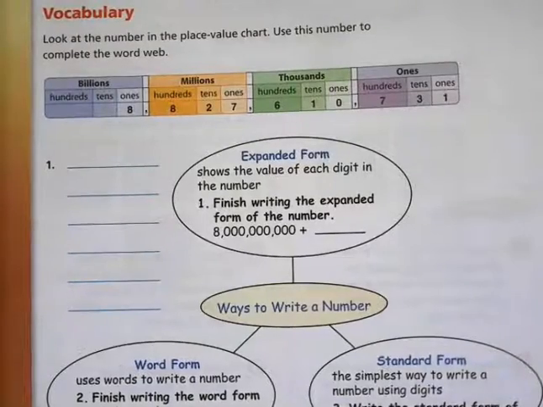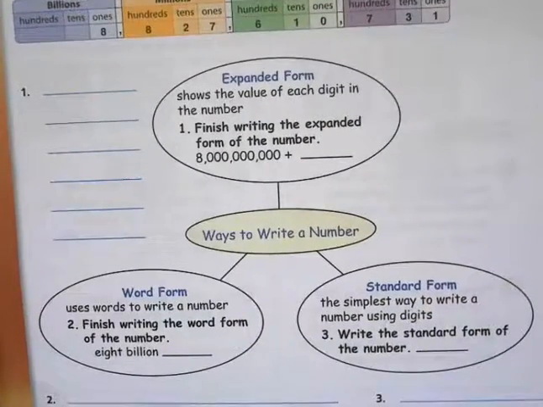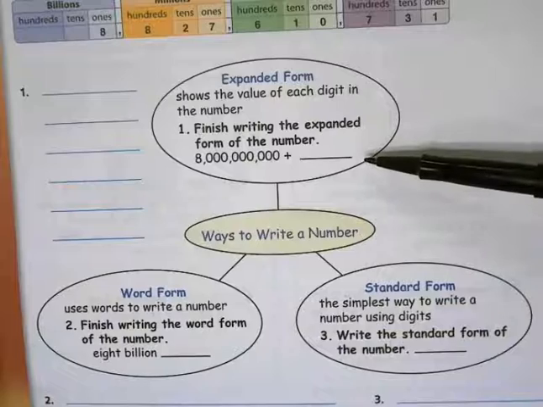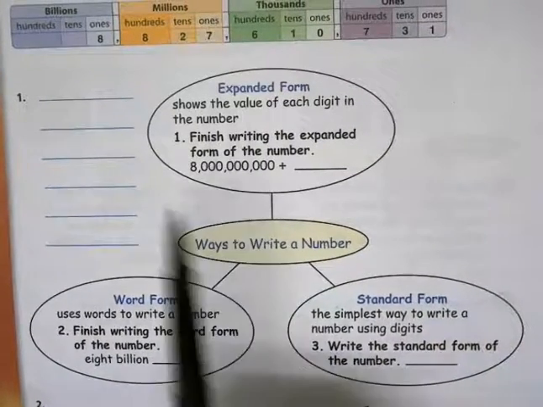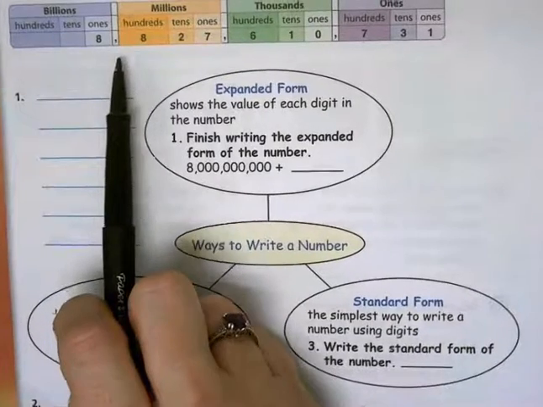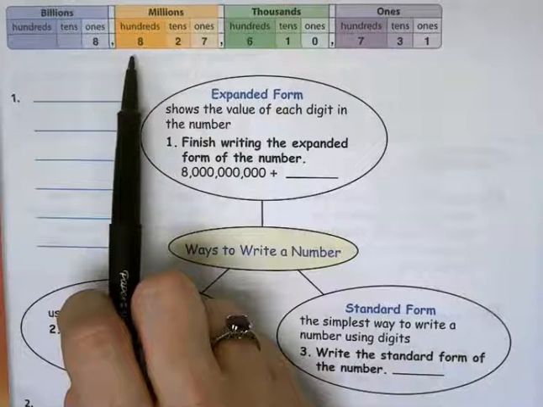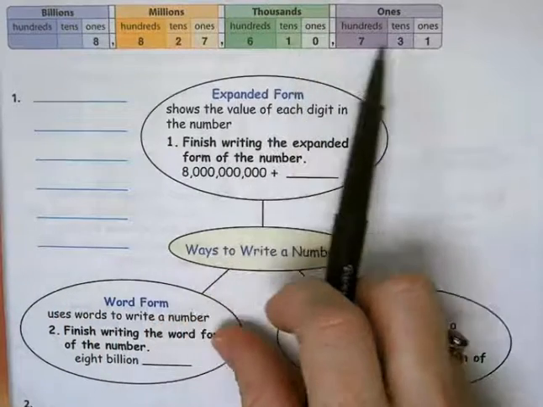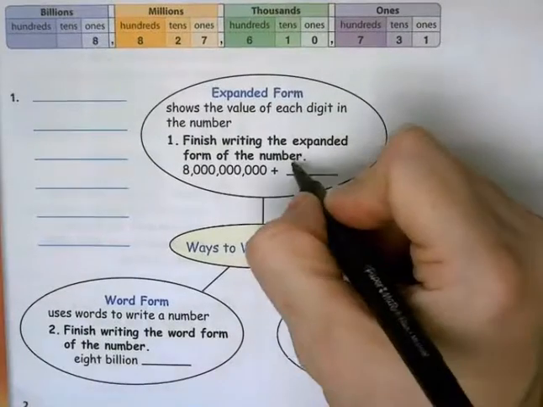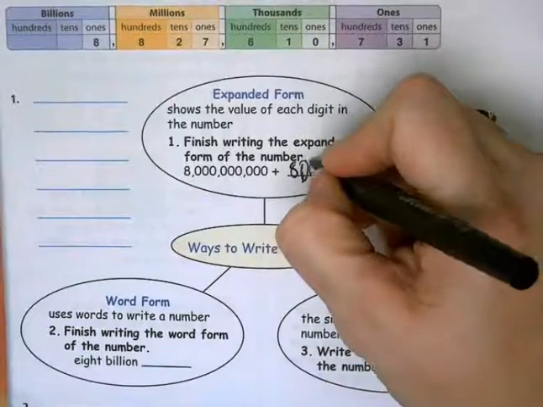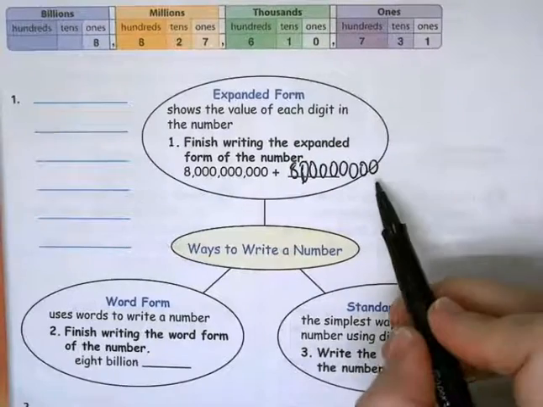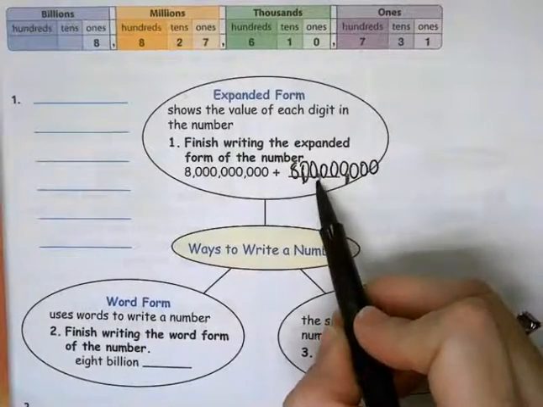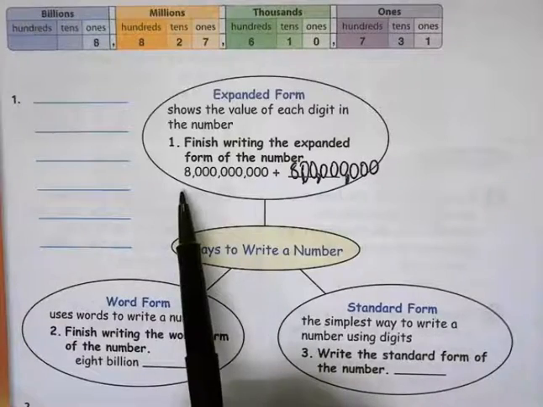Now let's also review some of our vocabulary related to place value. Expanded form is when we break a number apart to show the value of each digit in the number. So for instance, this is 8 billion, 800 million. So this would be an 8 with 1, 2, 3, 4, 5, 6, 7, 8 zeros after it. Okay? Let's see. 1, 2, 3, 4, 5, 6, 7, 8. Now I'm going to go backwards to my commas. I'm going to go backwards by 3. 1, 2, 3, comma goes here. 1, 2, 3, comma goes here. So this is 8 billion,